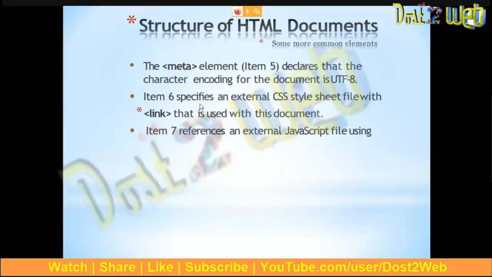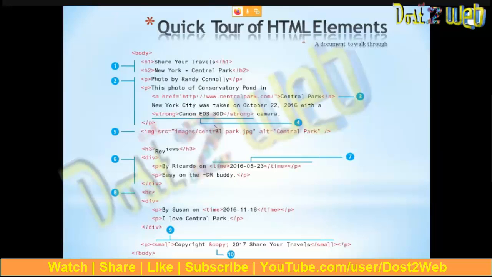And when you want to use external JavaScript, then you have to use the script tag with language equal to JavaScript, or you can write JS, followed by this. You can see one example here. I am only using the body tag here, there is no title tag. So I have used H1, H2, then a paragraph, then again the next paragraph. Whatever you want, just write the text.